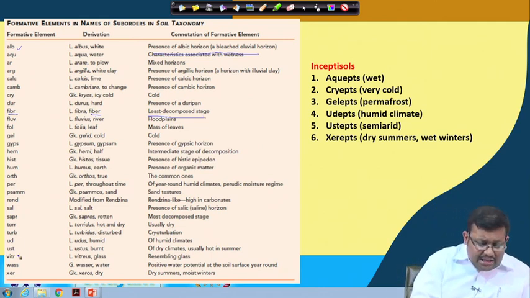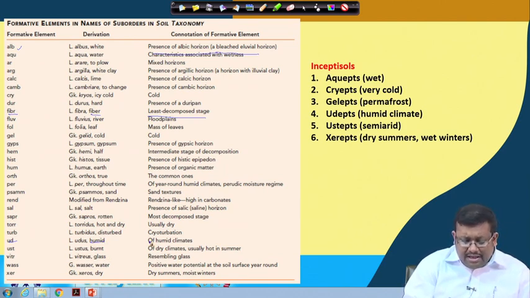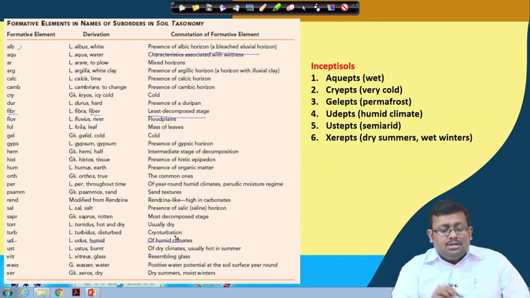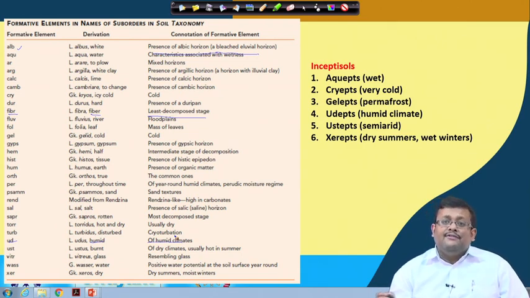Let us take UD, which comes from humid, and it shows the influence of humid climate. So on and so forth, based on different formative elements, it is quite clear what the different environmental conditions are which prevail for forming that particular soil type.